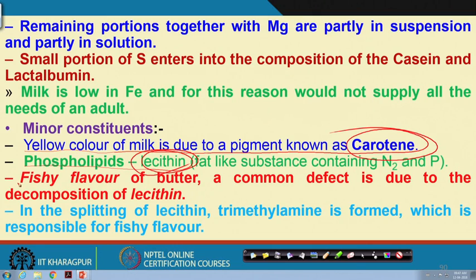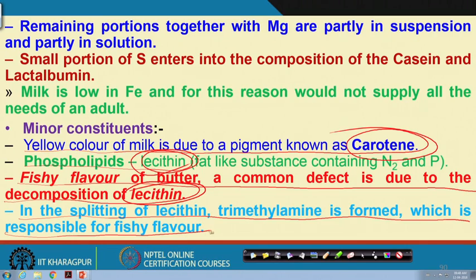Fishy flavor of butter, a common defect, is due to the decomposition of this lecithin. Sometimes there may be some fishy flavor, or a fishy flavor may come up. That is primarily due to the decomposition of lecithin, and subsequently it turns to be maybe TMA, that is trimethylamine, or TMAO, trimethylamine oxide, by which